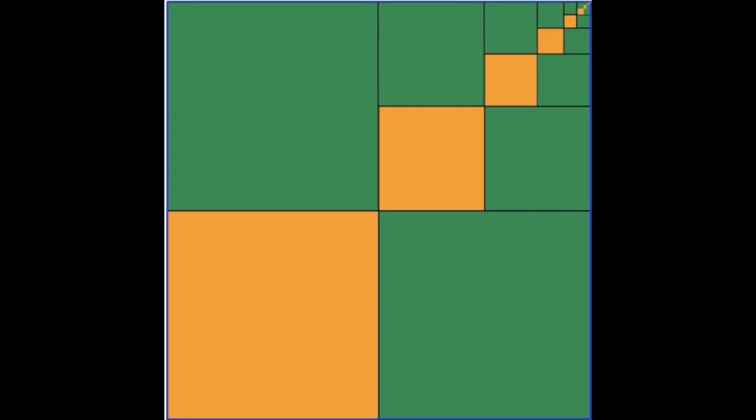Another key observation would be that this sort of L shape appears in the picture, where 1 orange square and 2 green squares make the L. You might notice that the orange squares become smaller and smaller as you move up towards the top right corner. Similarly, the green squares also seem to be becoming smaller and smaller as you move up towards that corner. No matter how small the squares become, that L shape stays the same, which means that they're just scaled versions